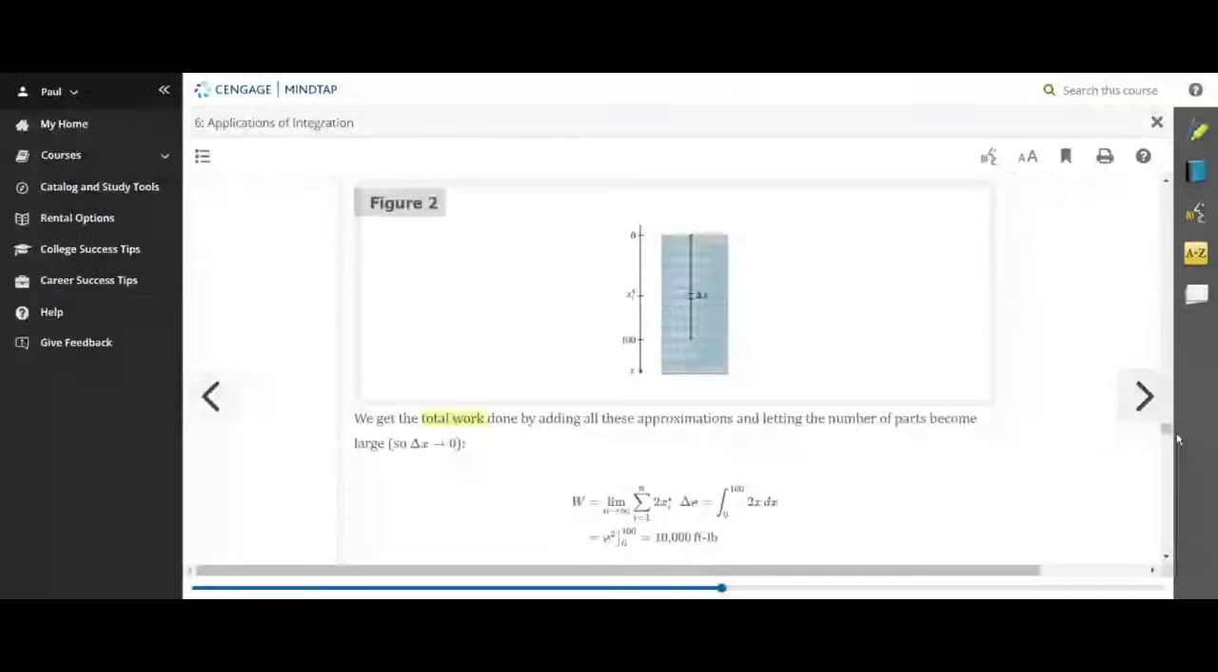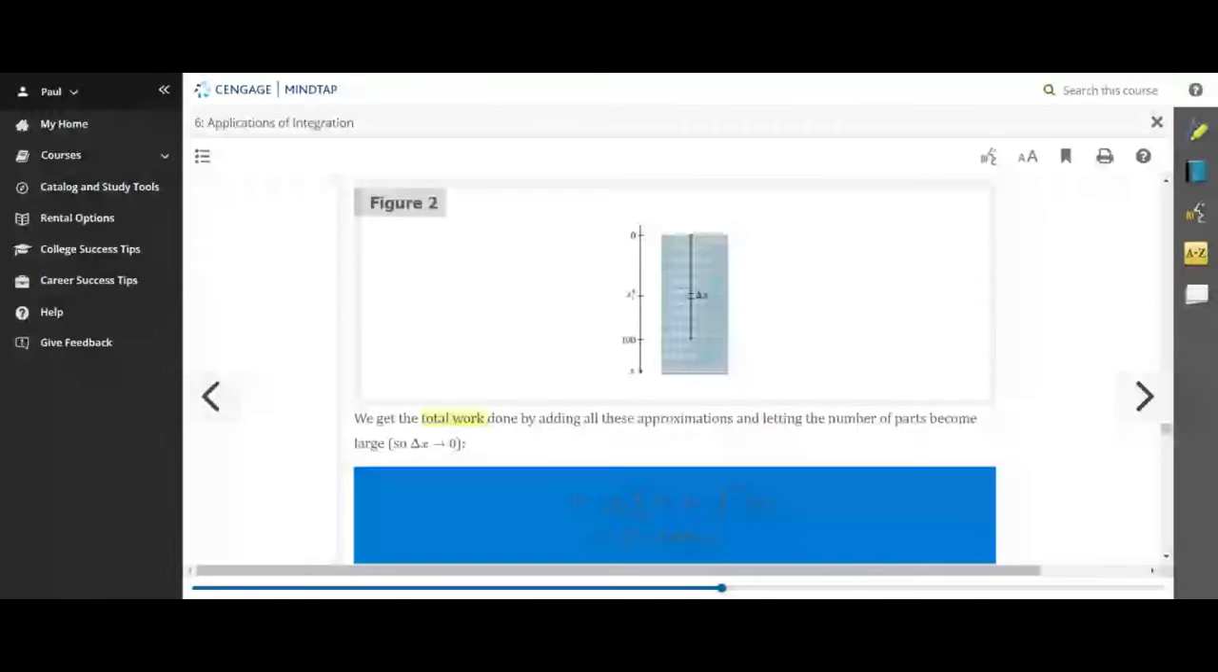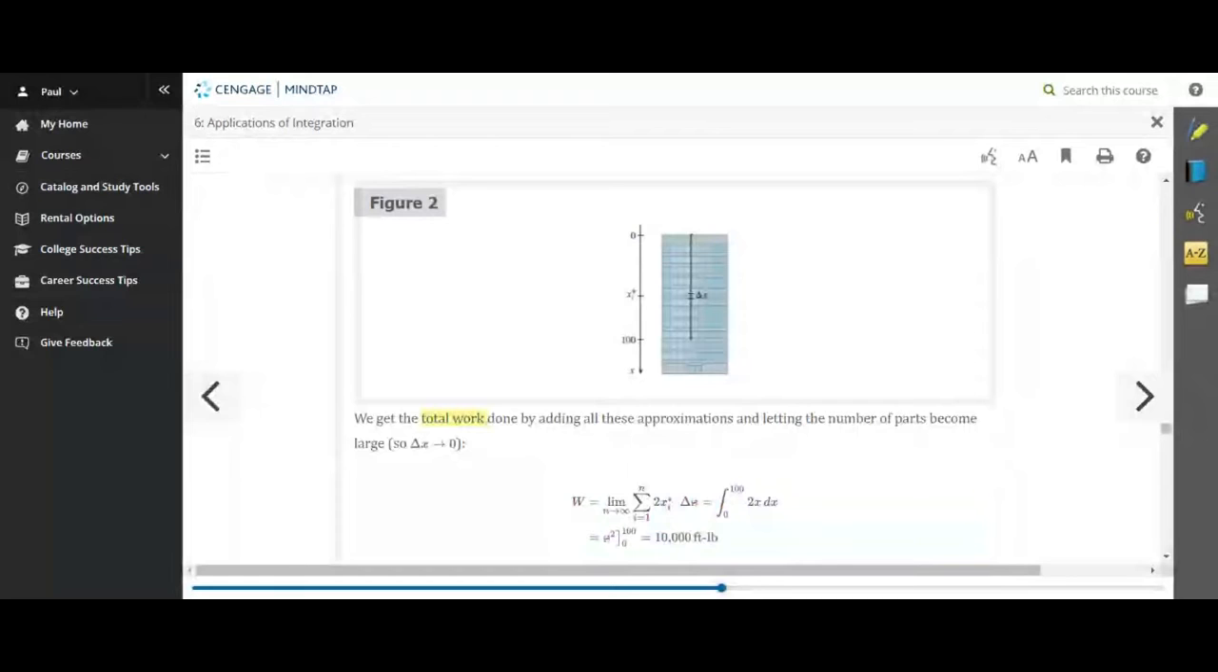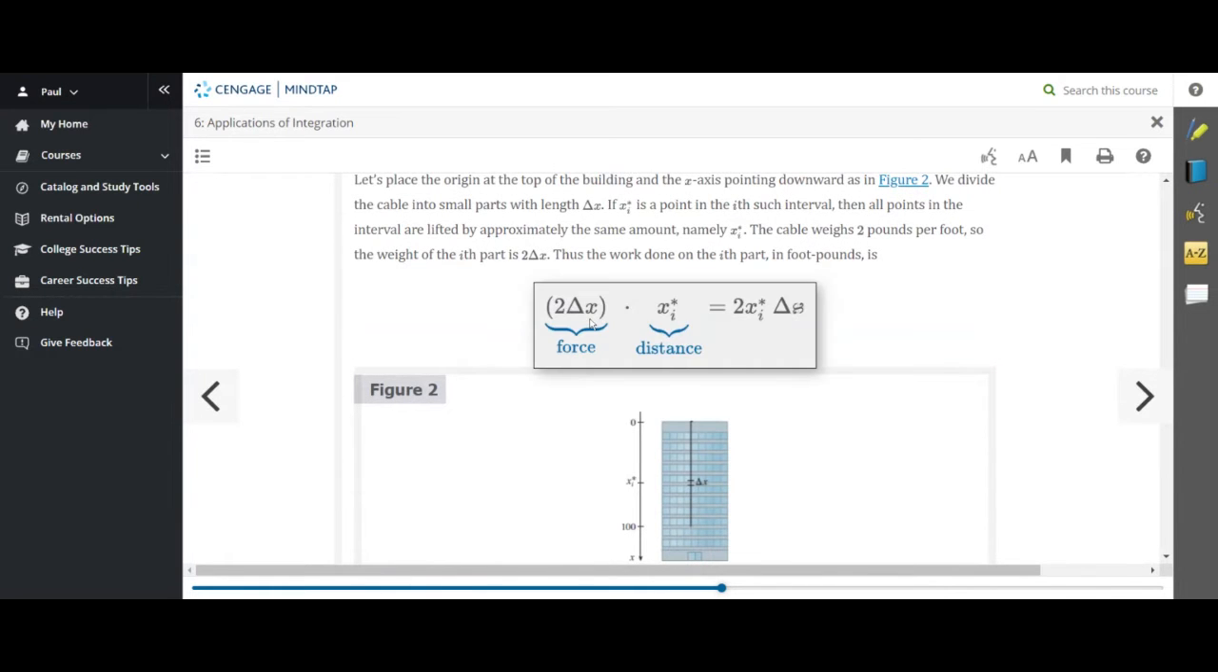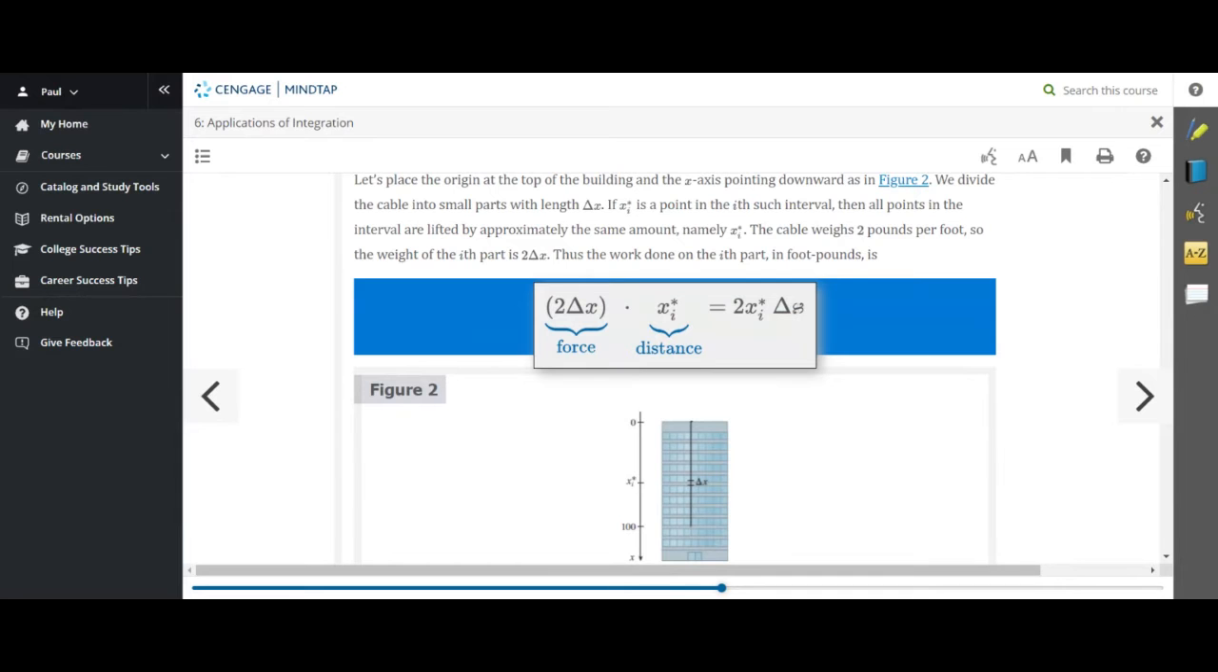Are there any questions on that before I go to the solution here? Okay, all right, good. So if we then go to the book, how would we find the work needed to lift the entire cable, the entire 100 feet of cable, to the top of the building? Well, what we would need to do is, and this is something I mentioned on the whiteboard,